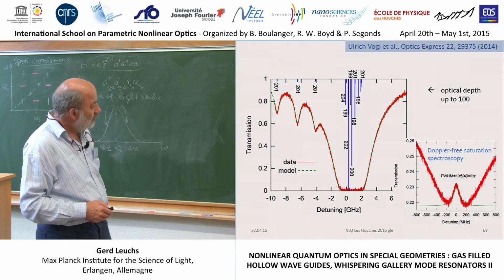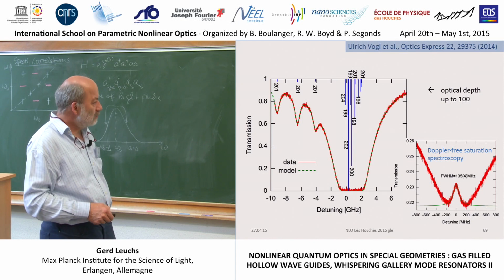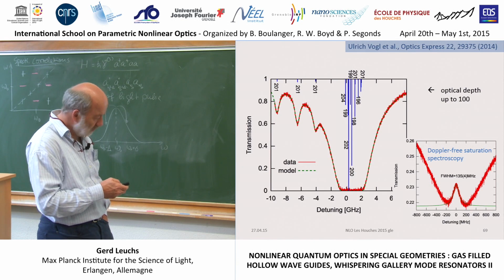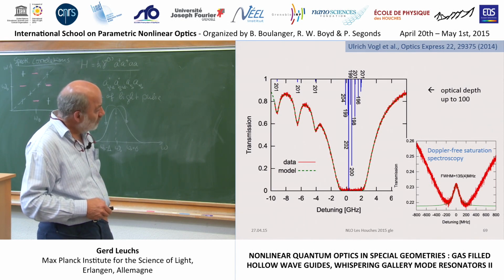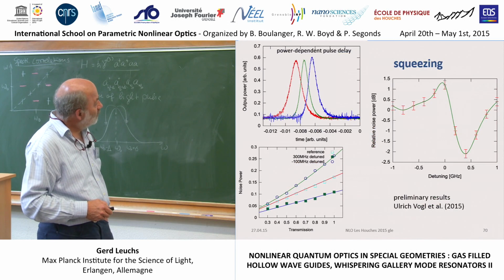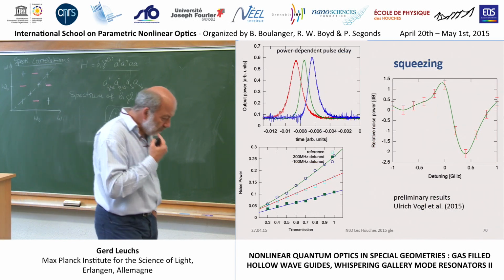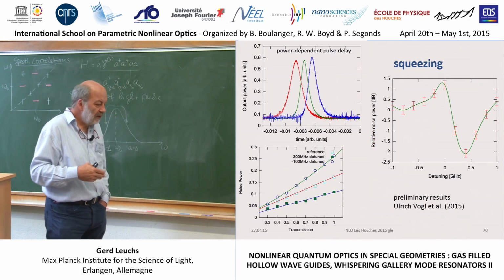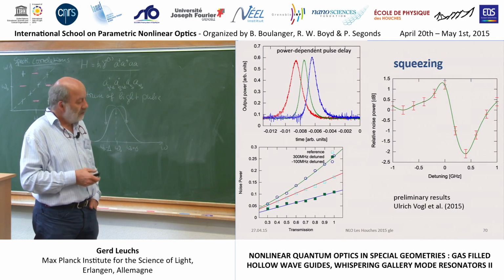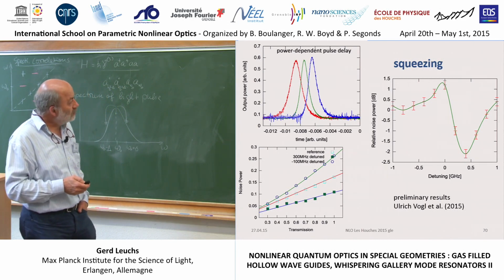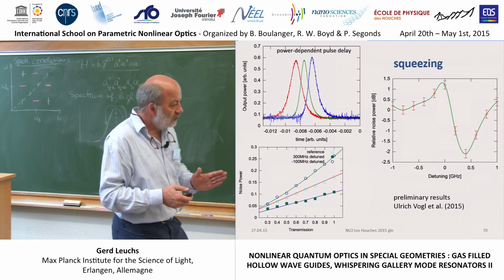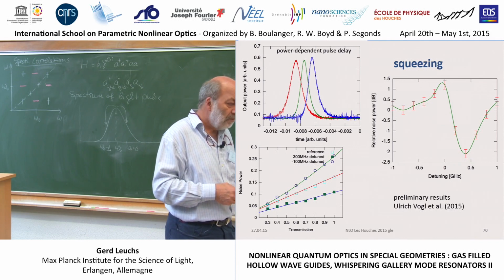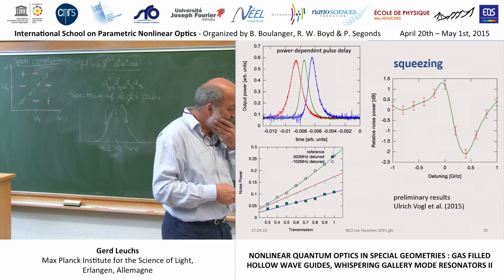Then this shows some Doppler-free filtration spectroscopy, to characterize the line and check whether everything is right. And then Ulrich Vogel has modulated the laser and sent pulses in, and the pulses are now adjusted to have an area of a multiple of 2 pi, for example 2 pi, and then